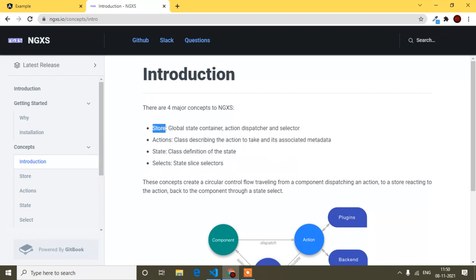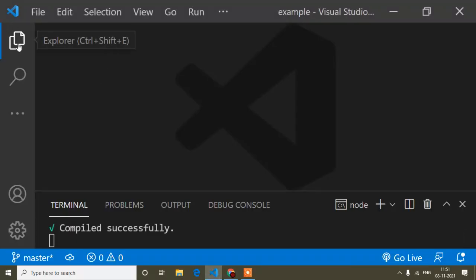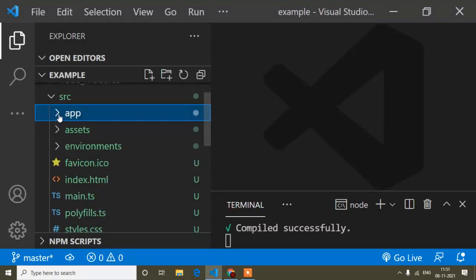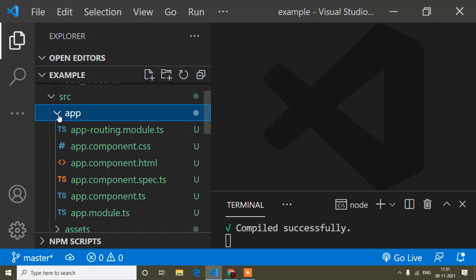First of all you have to understand what a store is. Store is very simple, it's only a folder. It's nothing else, just a folder. So I will go to my project and open it, and here is the app component and app module. Every project we create using the CLI gets an app module by default, and inside this app module is our work area, we can say. Every component or module I generate, we create inside this app module. Inside this app module in the same way I will create a store.